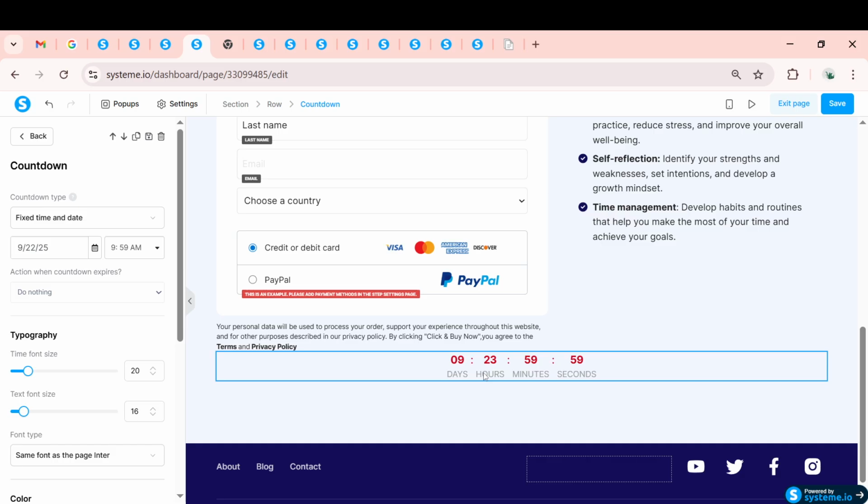When you've positioned the countdown on your page, go ahead and click on it. This will bring up the countdown settings in the left-hand panel, allowing you to customize the timer to fit your needs. You'll notice that you have 3 types of countdown timers to choose from: fixed time and date, delay, and daily. Each option offers different functionalities and can serve different purposes, so choose the one that aligns best with your